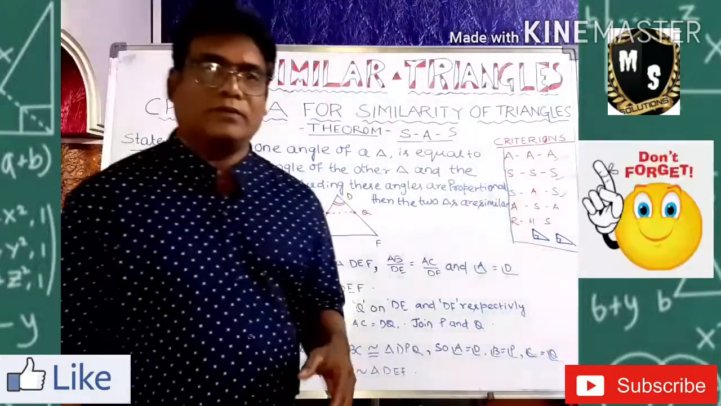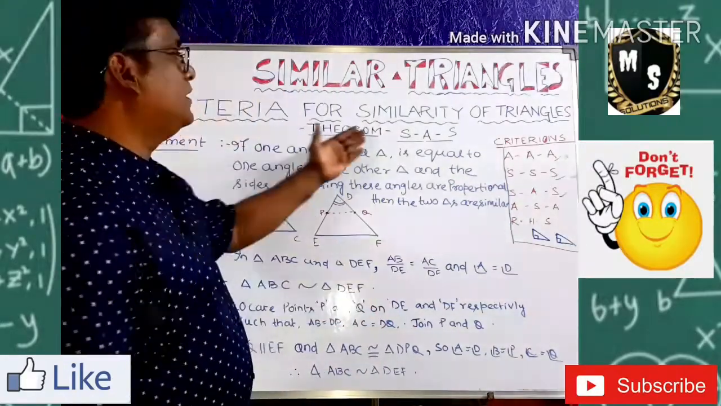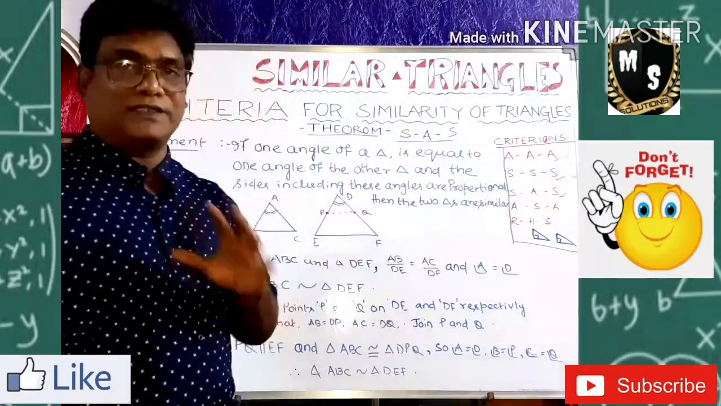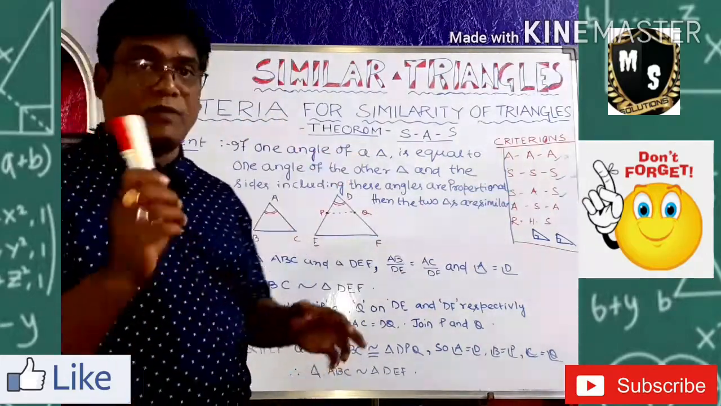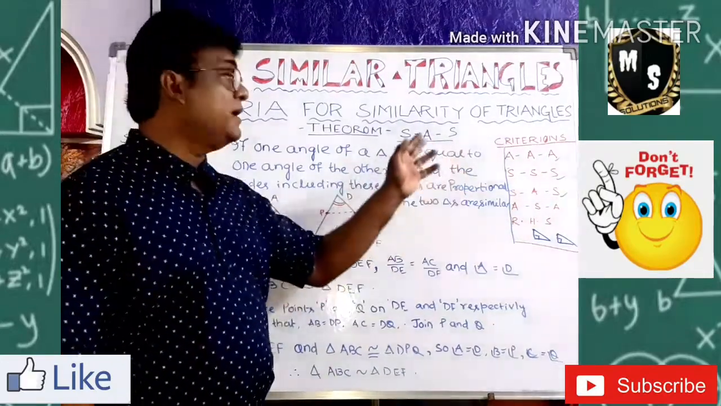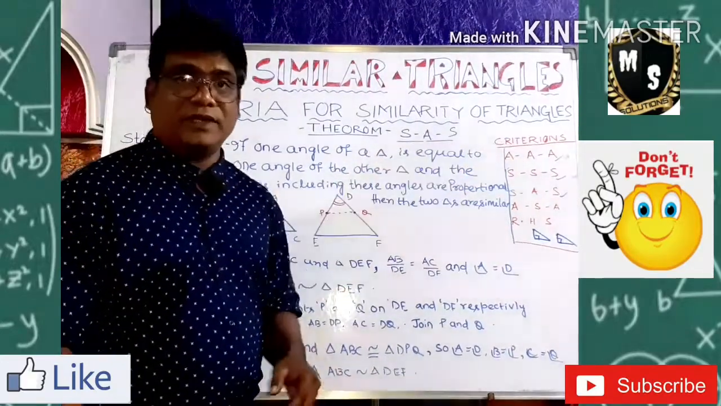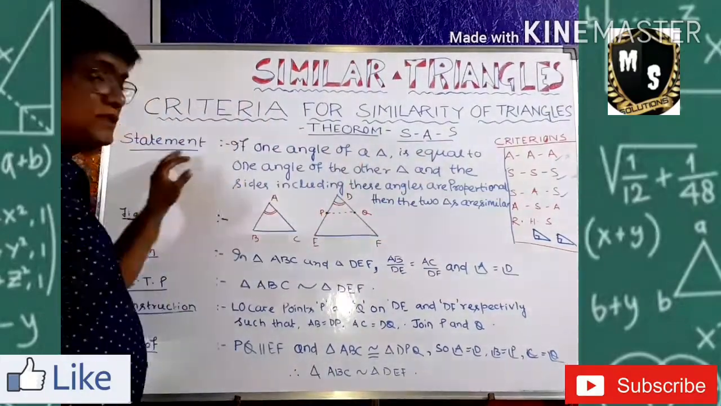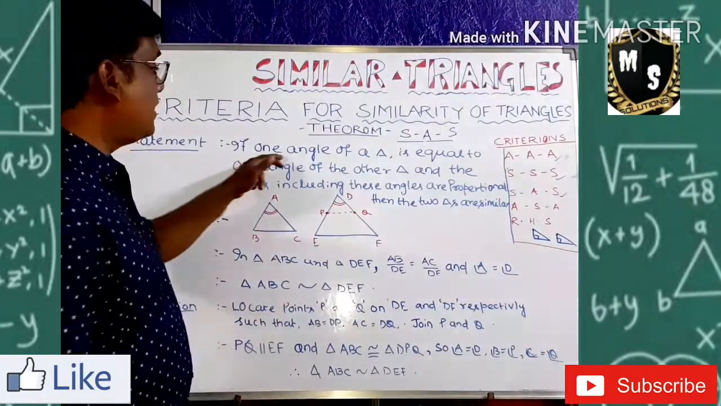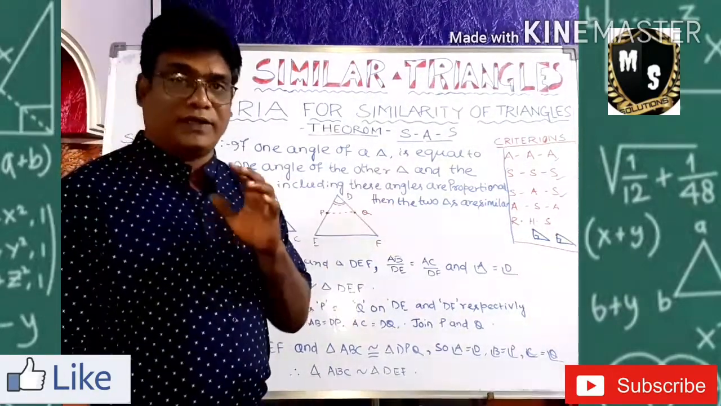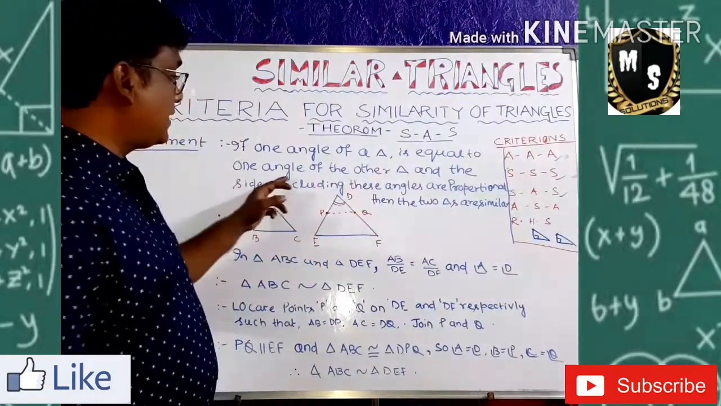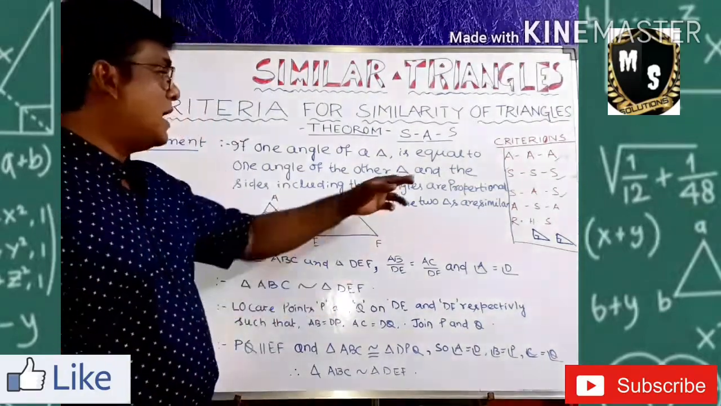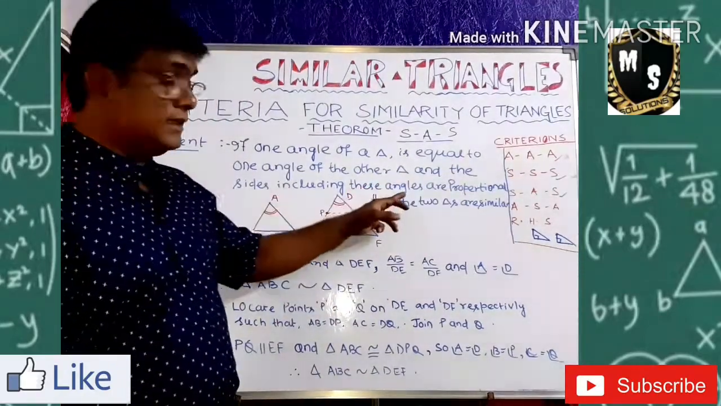Okay. Now come to the next part of the similarity criterion, that is the SAS criterion for similarity. So I wrote here that the theorem you have to apply is SAS, that is side, angle, side. That means two sides and one angle are involved here. So now what is the statement? Very easy. If one angle of a triangle is equal to one angle of the other triangle, and the sides including these angles...